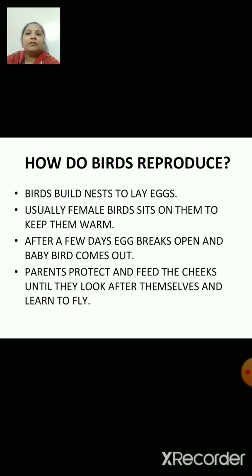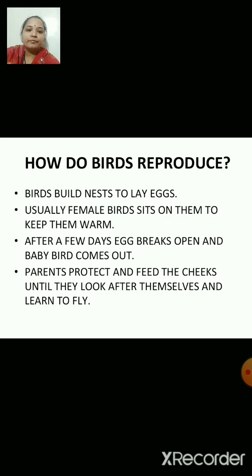The young of some birds, like moorhens, which are a type of water bird, are well developed when they are born. They soon leave the nest and follow their parents around to find food for themselves. Do you know that the ostrich lays the biggest egg? Now, have you seen the ostrich or a picture of an ostrich? The ostrich itself is very big. So, an ostrich egg is as big as 24 hens' eggs put together in weight.